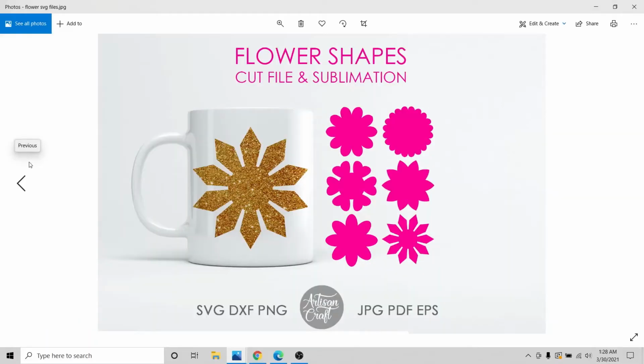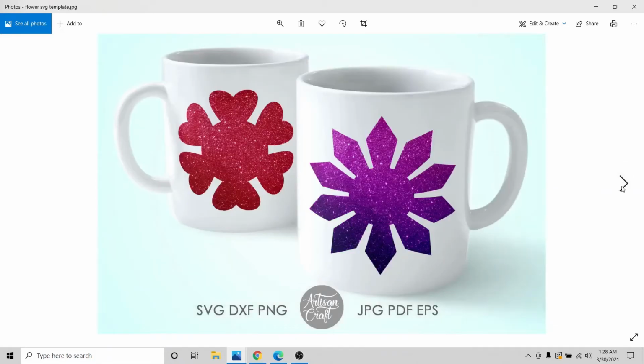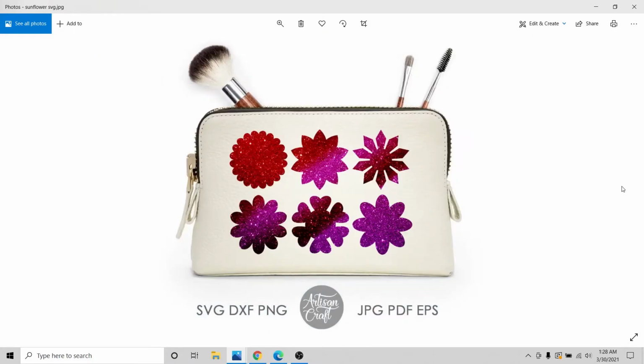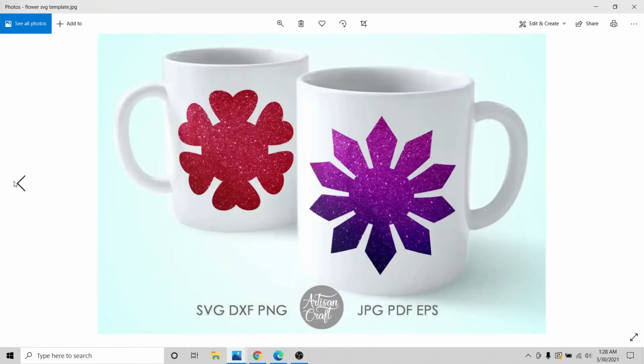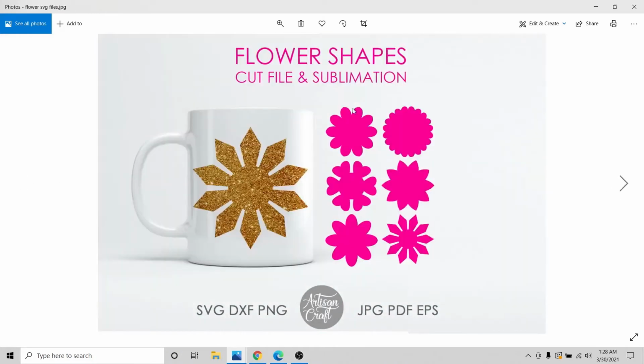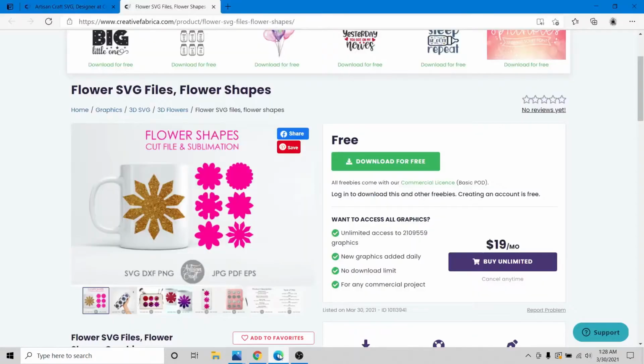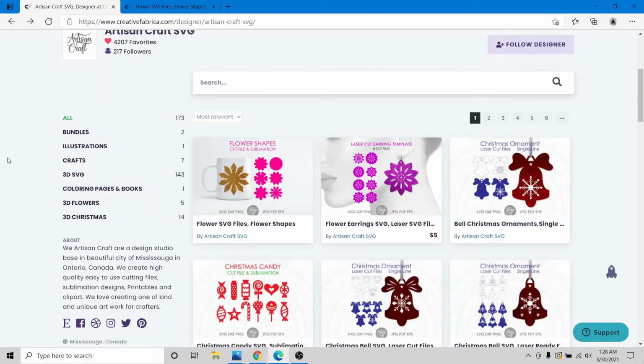Hello, today we are going to build flower shapes like this. I'm going to build these 6 flower shapes and I will show different uses of these flower shapes, and these flower shapes, which can be used as cut file and sublimation, can be found for free in my Creative Fabrica